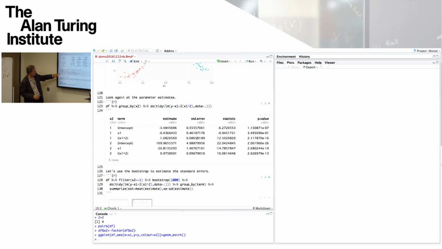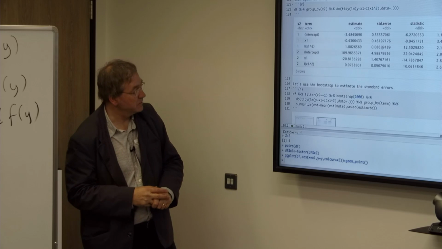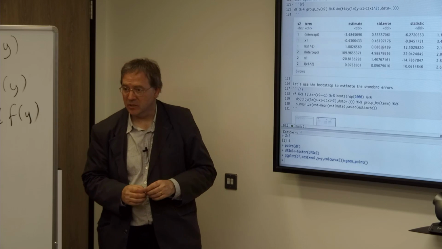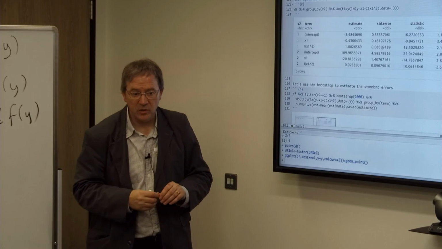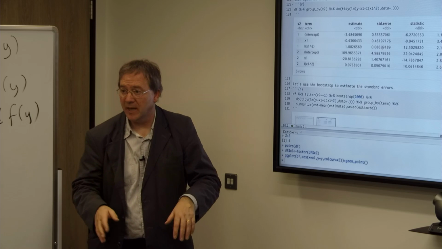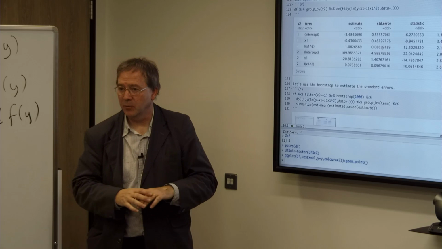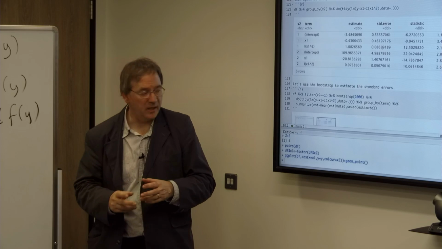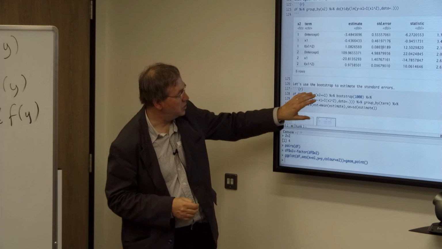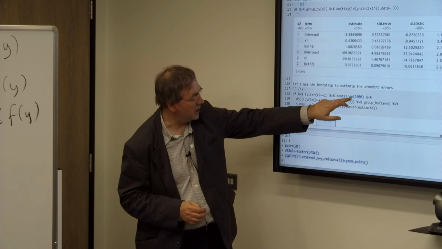So what I've done here is the following. In contrast to these estimates here of standard errors, which involved the assumptions of normal errors and equal variances, in the bootstrap, instead of constructing standard errors that way, you can just replicate the data set by doing a random sample with replacement. If we do that many times, we'll get many replicates of the estimated parameter, and then we can look at the distribution of that, and that will give us a way of constructing standard errors. So the way in which you can build that into your dplyr pipelines is using this bootstrap command.